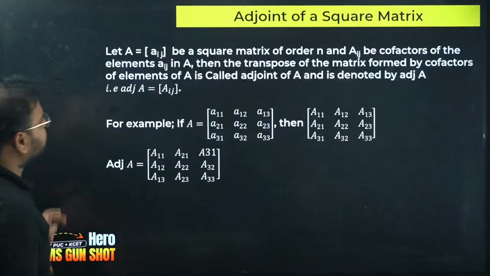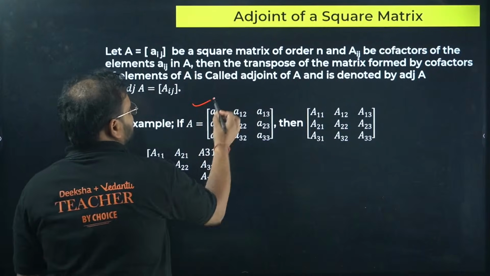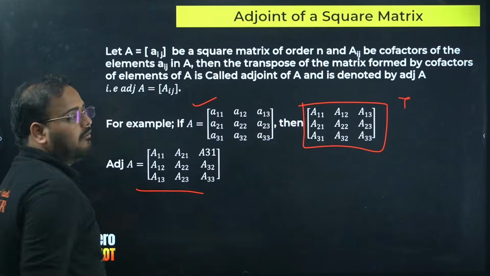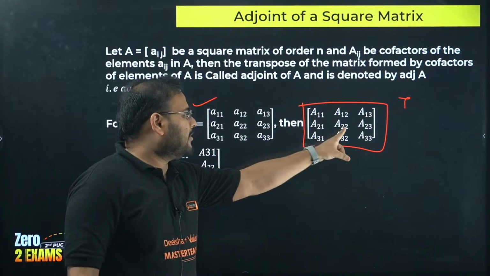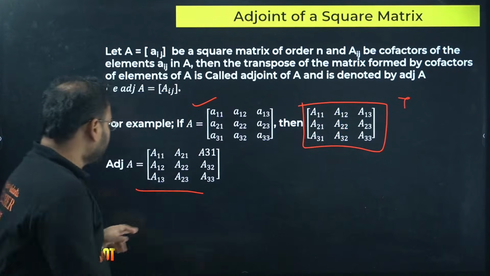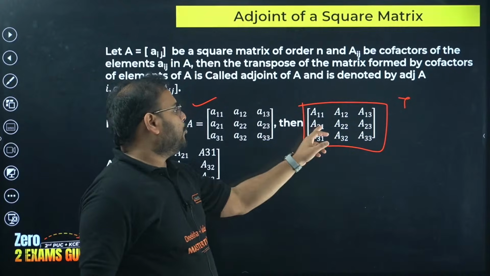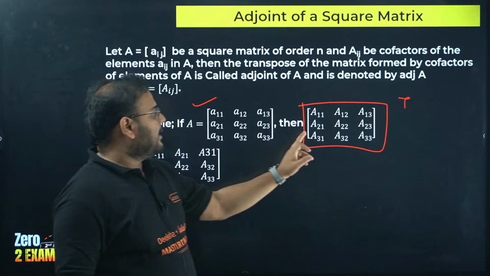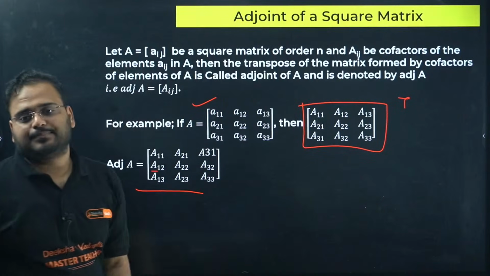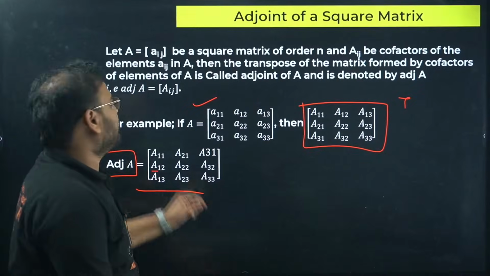Moving on. Adjoint of a square matrix. What happens in there? Nothing. Just write the cofactors of each of the elements and take the transpose of this, which will become your value of adjoint. Check here. A11, A22, A33 will remain same. So this will remain as it is, and others change. 1, 2 comes over here. 1, 3 comes down. A21 goes up. A31 goes up. A23 goes up, so A23 over here, and you can see the transpose you're going to take will be the value of your adjoint of A.